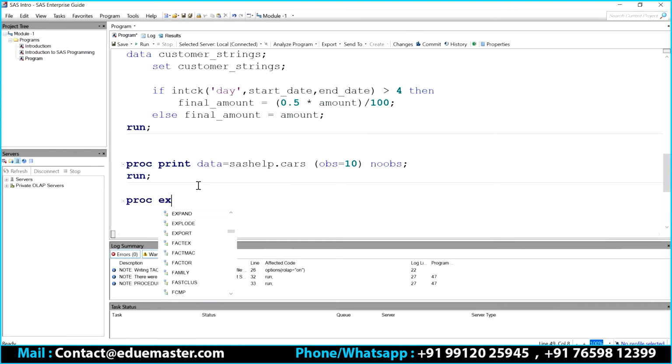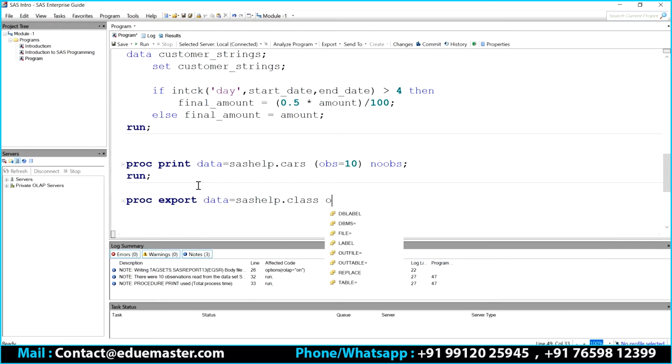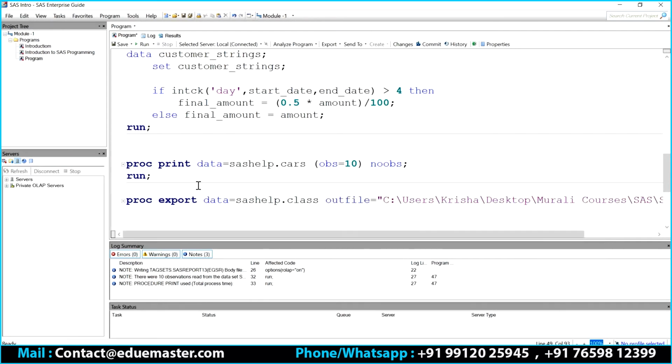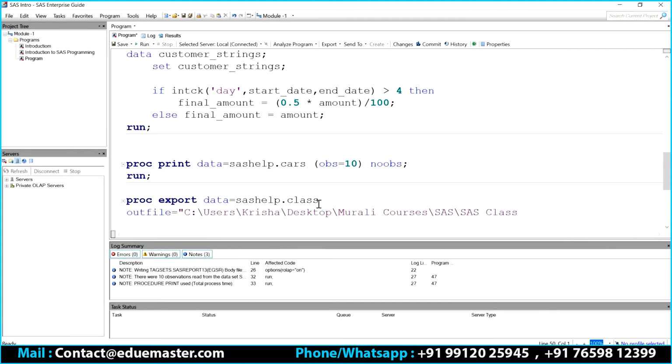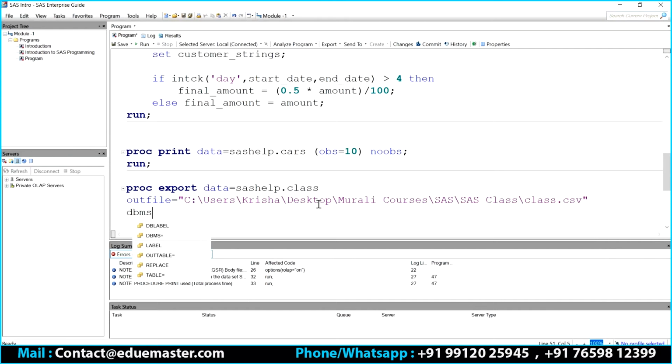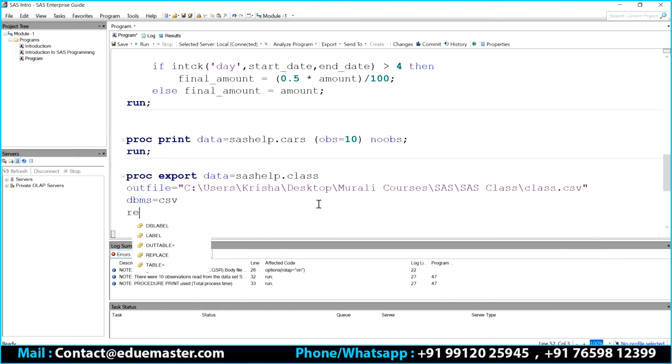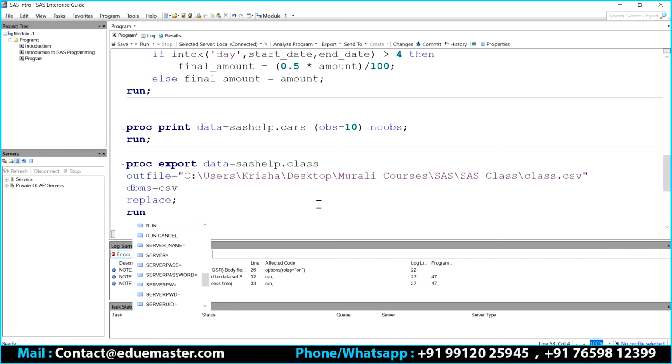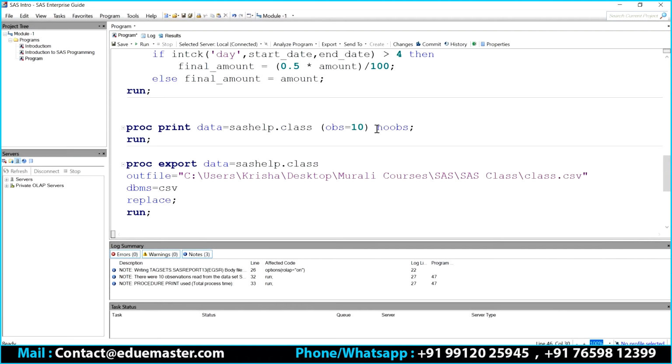For an example, let's say, you can see here, what I'm trying to do in the first part is just printing something.